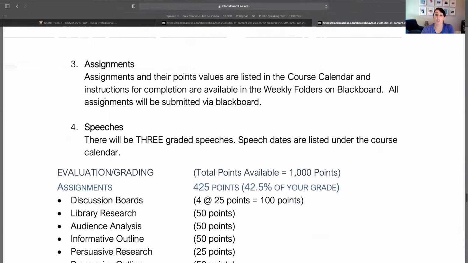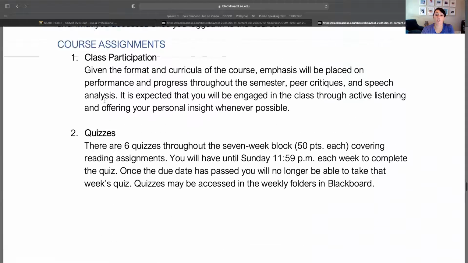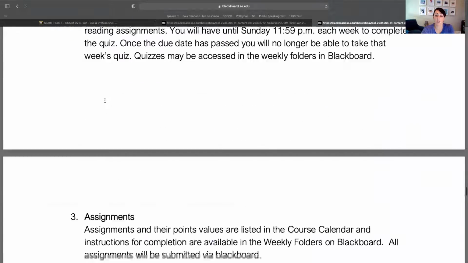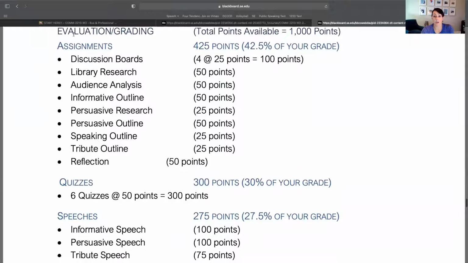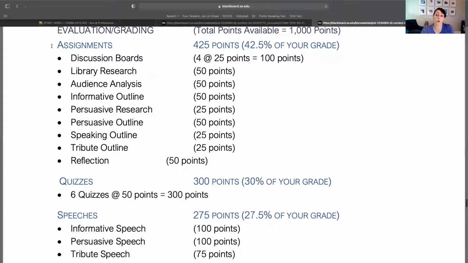So there are 4 different types of grades that you will get, and this is all of the grades in the course. I operate on a 1,000 point scale, so 90% equals 900 points. But I do a 5-point bump. So if you get 895 points, that gets you an A. 795 points gets you a B. But if you have 894.93, I don't bump up from there. It's got to be 895.